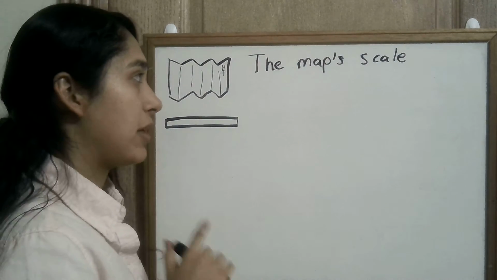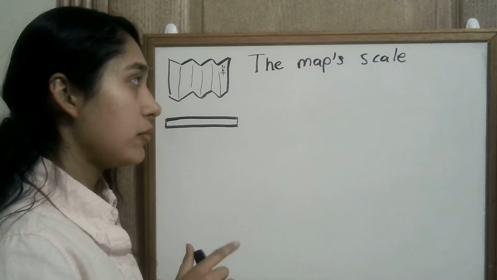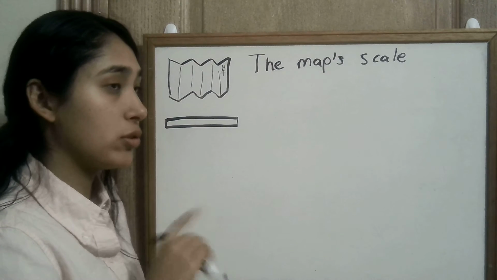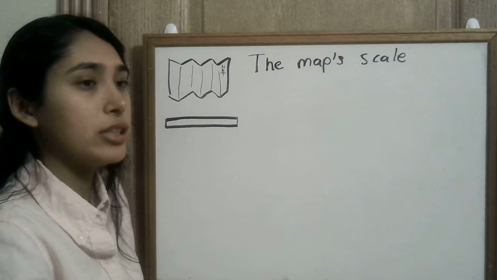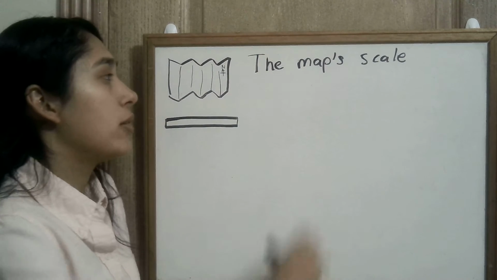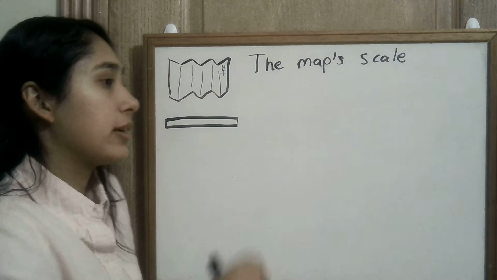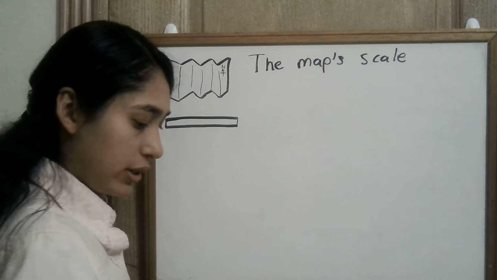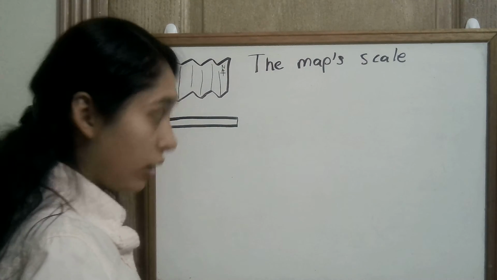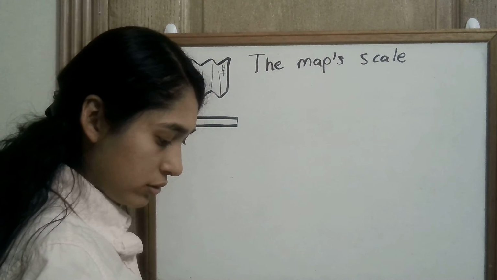By scale here, they mean proportion. I'm not talking about when you go to the grocery store and weigh 5 apples to see how much it is per pound. No, by scale, they're talking about proportion. So here we're talking about the map scale